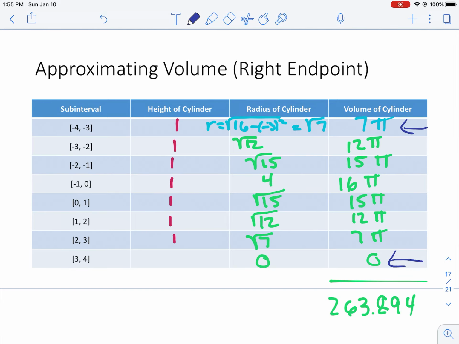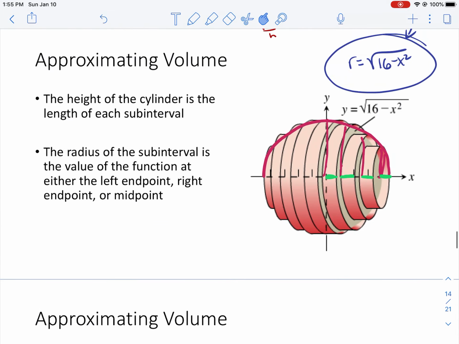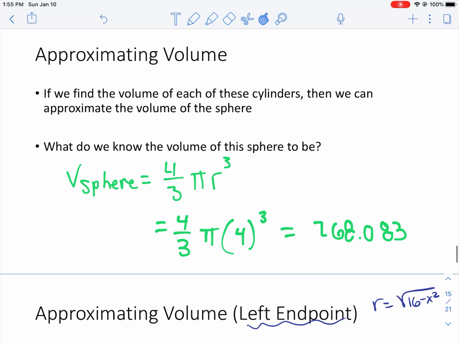And you should see a lot of the same numbers because if we go back to the image of what we're looking at, this is symmetric, right? So for every disk that's on the left, you expect to see the same volume of a disk on the right, okay? Also interesting for us to see is that the actual volume of a sphere,